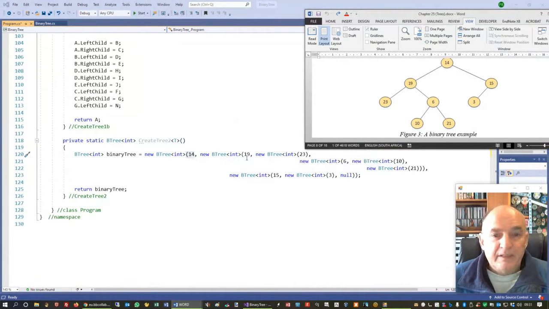14 is the root. It has two children, 19 and 15. They go underneath each other. 19 in turn has two children, 23 and 6. 6 in turn has two children, 10 and 21. So in this way, we go deeper and deeper into the nested structure, and you will understand that